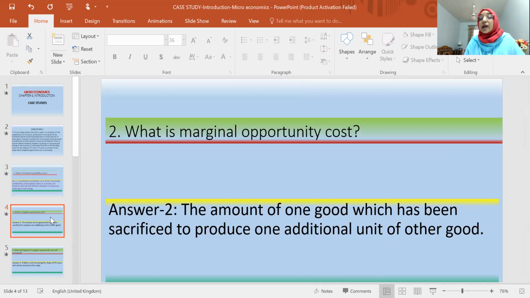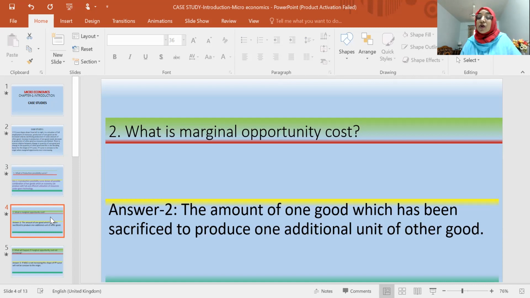The next question they can ask you: what is marginal opportunity cost? Because that term is used in the last line of the paragraph, when marginal opportunity cost is increasing. What is marginal opportunity cost? When we say marginal, the literal meaning of marginal is additional. Additional, when we are saying marginal opportunity cost